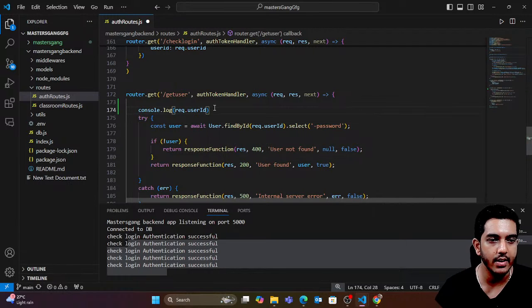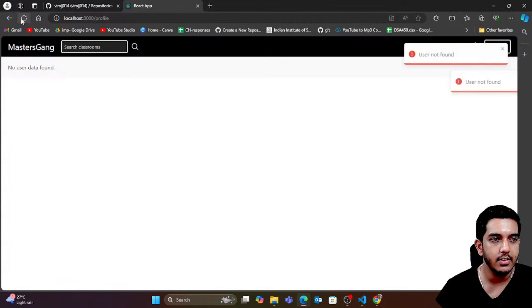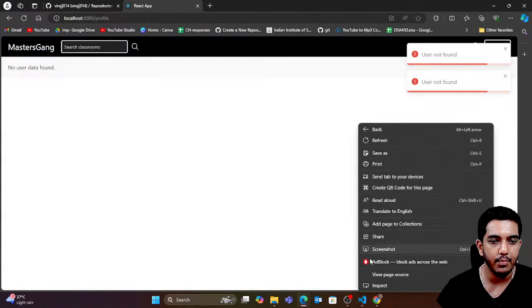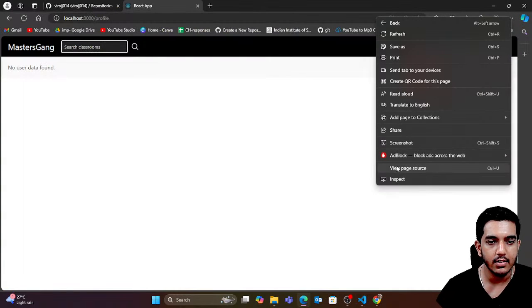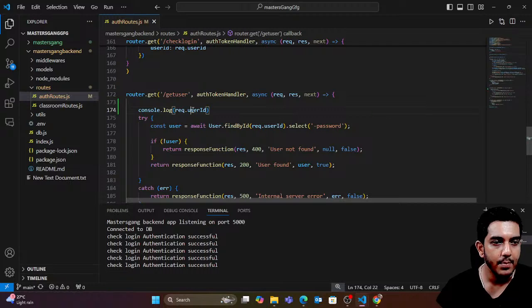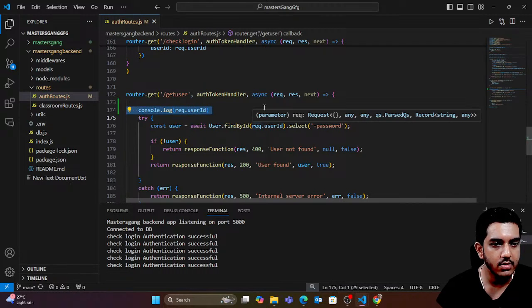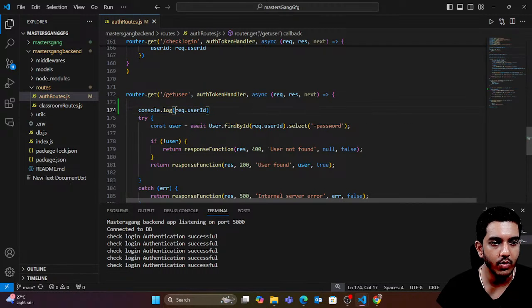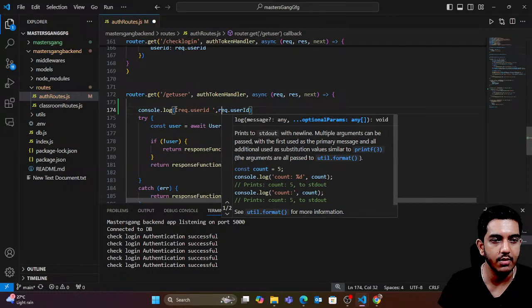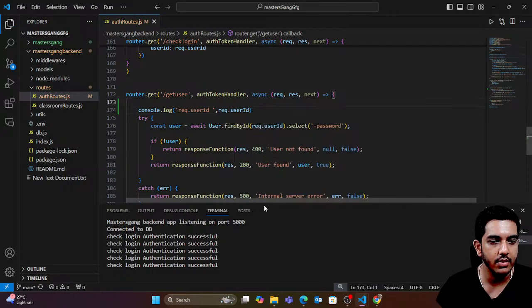Am I getting the user id or not? Okay, so let's do it. If I refresh this, you can see nothing happened. Why did nothing happen? If I inspect, go here, I got this object: user not found. Basically there is some issue with this req.userId. So if I say req.userId, and then give a comma, and save this,